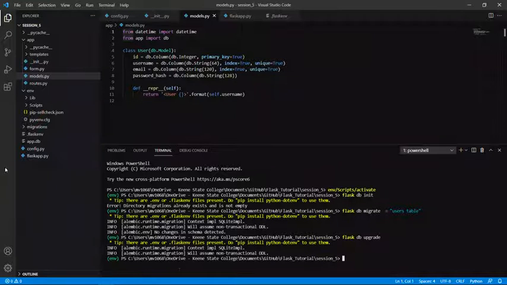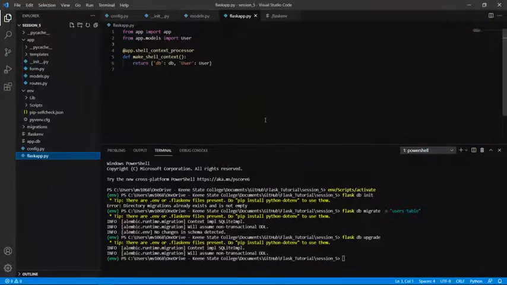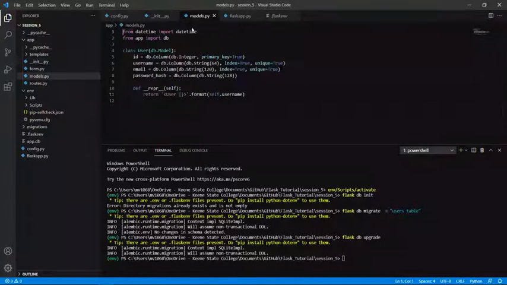Now we have to integrate whatever we have done here in our flask app.py. In our app.py, we have to add our models and import the class User. Recall, we have created a User class in our models.py.